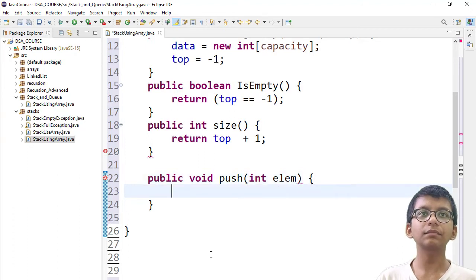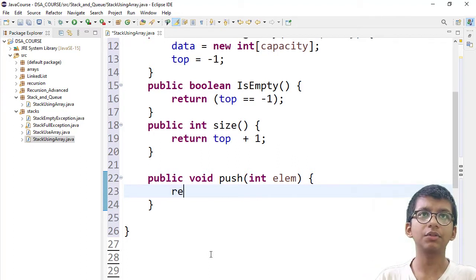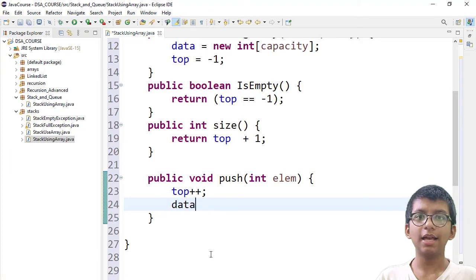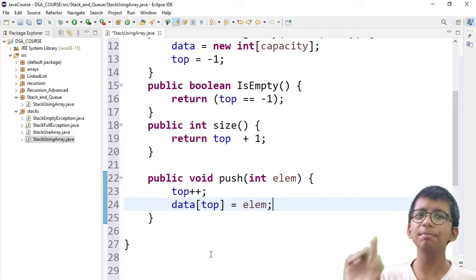Then it will do top plus plus, and then at data at the top, we will put the element over here. Pretty much easy, but wait,